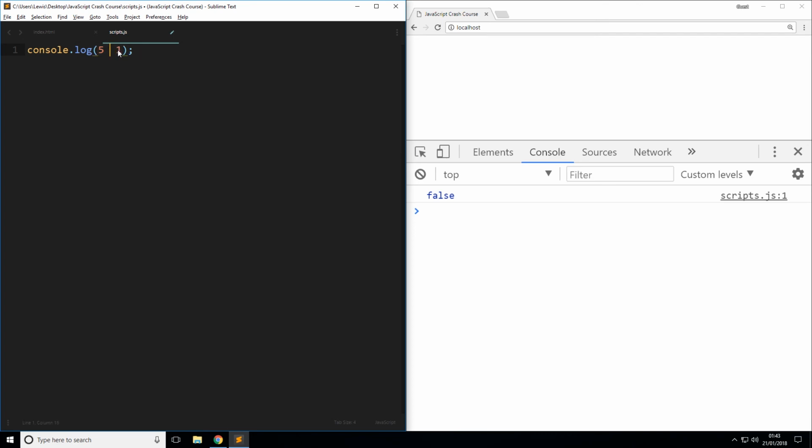But let's move on to greater than or equal to. Is 5 greater than or equal to 1? Yes, it is. Is 5 greater than or equal to 5? Yes, it is. Is 5 greater than or equal to 6? No, it's not. But is 5 less than or equal to 6? Yes, indeed it is. Is 5 less than or equal to 5? Yes. And is 5 less than or equal to 4? No. So greater than, less than, greater than or equal to, and less than or equal to, all very handy